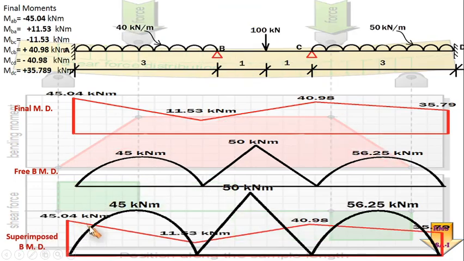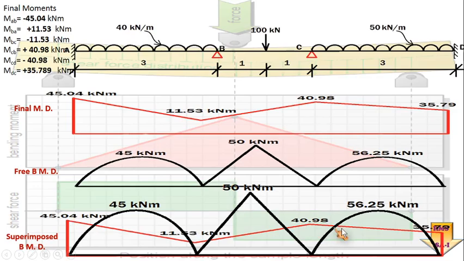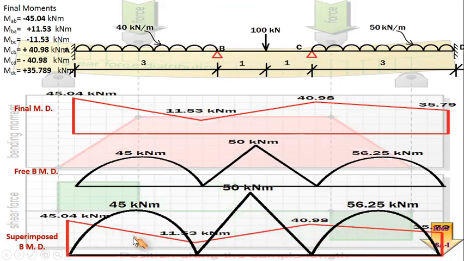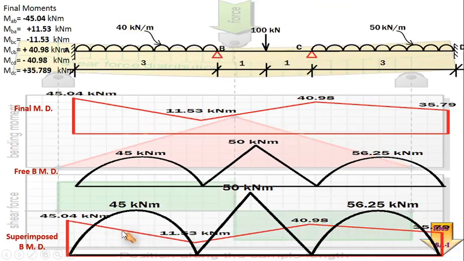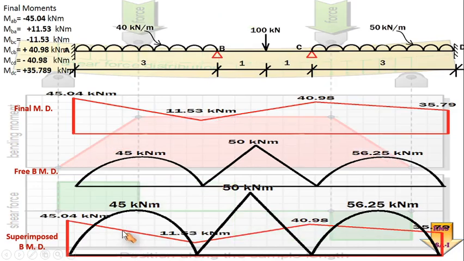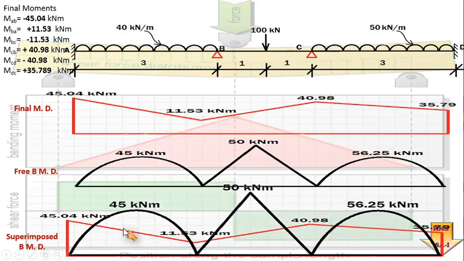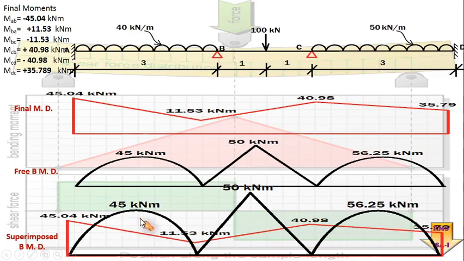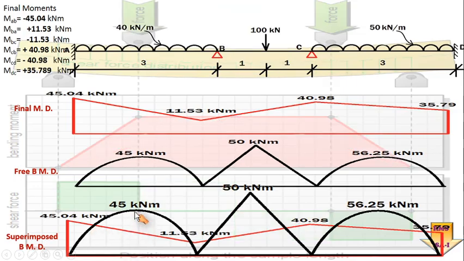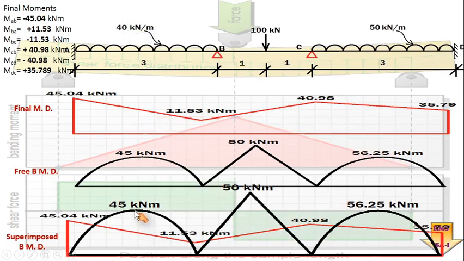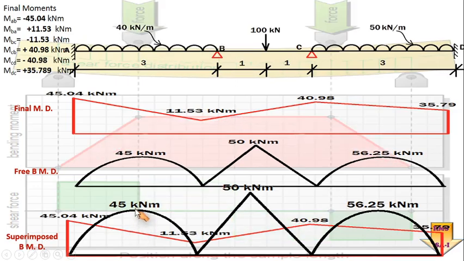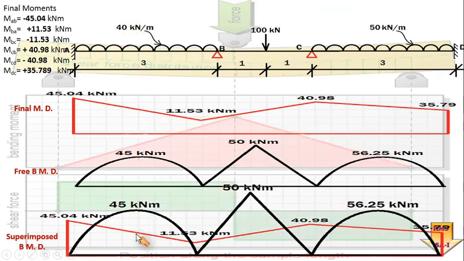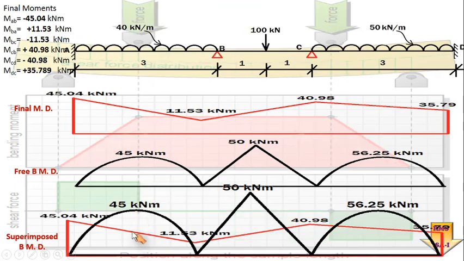Once again I will repeat, this red line is now going to be a new axis, which is to be called a neutral axis. Below that all are negative bending moment, and above that are the positive bending moment. Here, as these two bending moment diagrams are being superimposed with different sign conventions, one positive, another negative, ultimately the resultant is to be found out about this particular point. Is it okay? So here the maximum bending moment is 45, and we have to find out the ordinate of bending moment about this point.